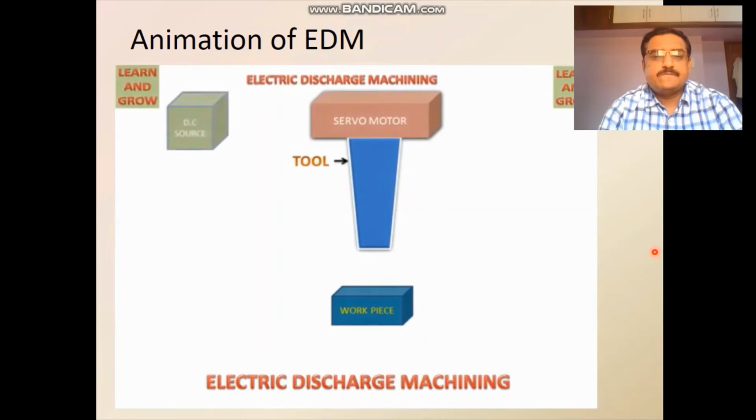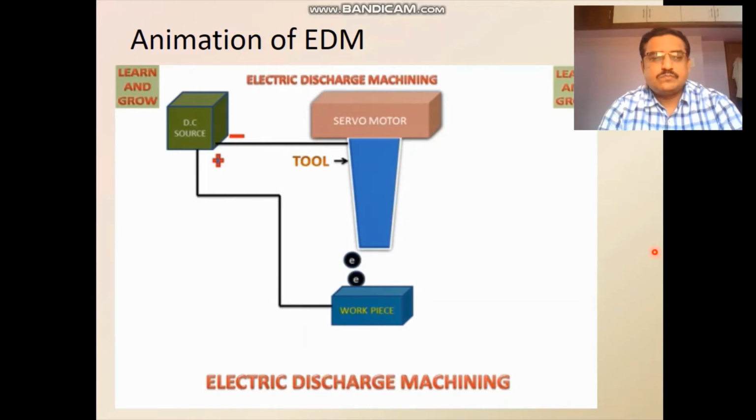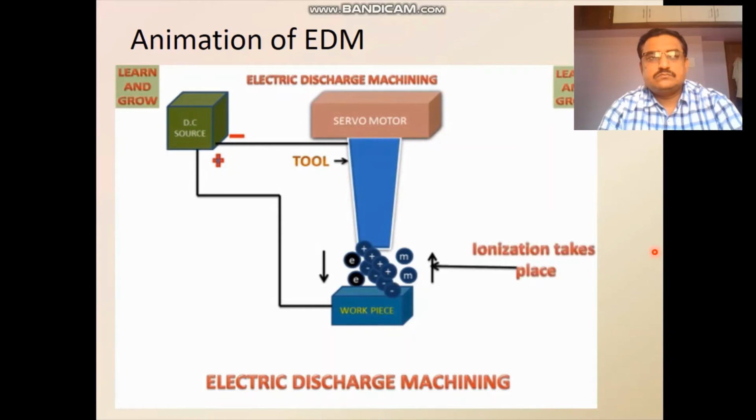The workpiece and tool are connected to the DC power supply, with positive and negative polarity. Then the workpiece is struck by electrons, because the tool liberates electrons with a very high velocity, and the workpiece liberates metal ions which go towards the tool. But in between these, a dielectric fluid is also present, which will be ionized and break down into positive and negative ions. Now what will happen?